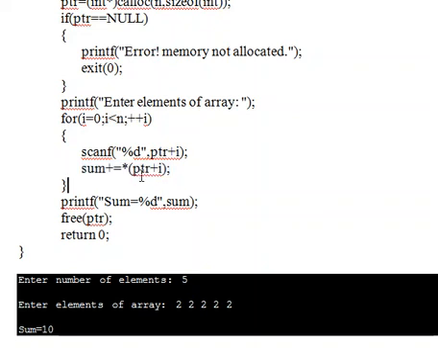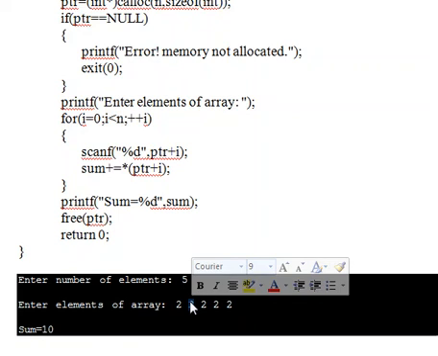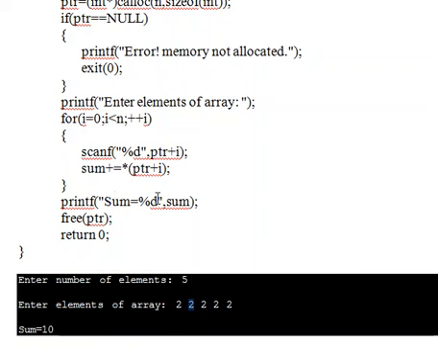So base address plus 2 means that is the address of the second slot. Now when we are putting the star, it gives the value from this address. So the value is again 2. So sum equal to 2 plus 2, that equal 4. Now the value of sum is 4.